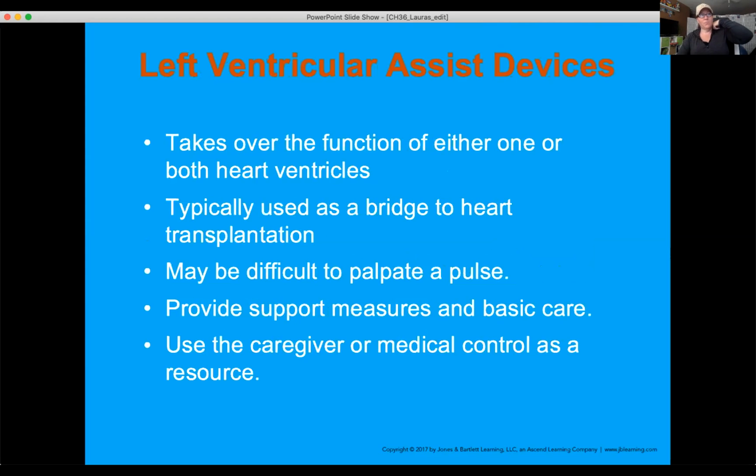And then LVADs. LVADs have been around, I wouldn't say maybe 10 years. This is for patients whose ventricles, one or both of them, have failed or are near failing, and they're going to need a heart transplant. They're on the waiting list for heart transplants. Before we had LVADs, they would be in the hospital, prolonged hospitalization, until a heart became available or until the patient died. This LVAD system allows them basically to go home with this mechanical system in place.